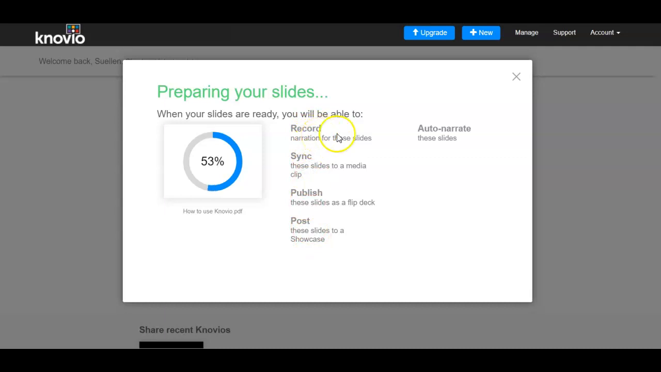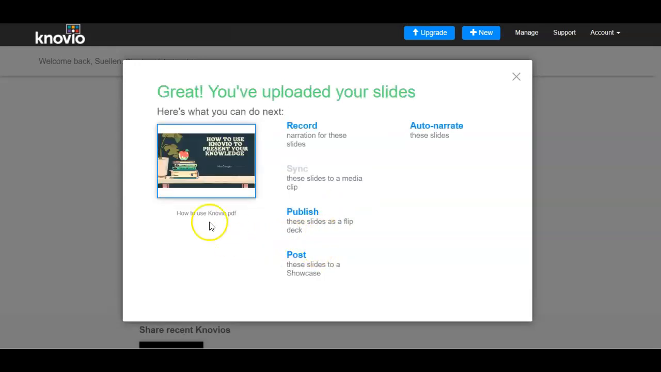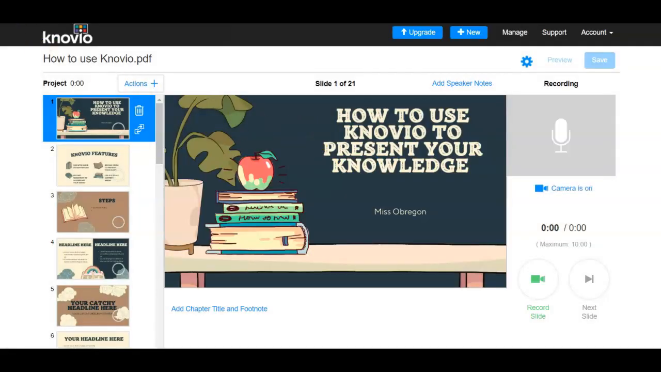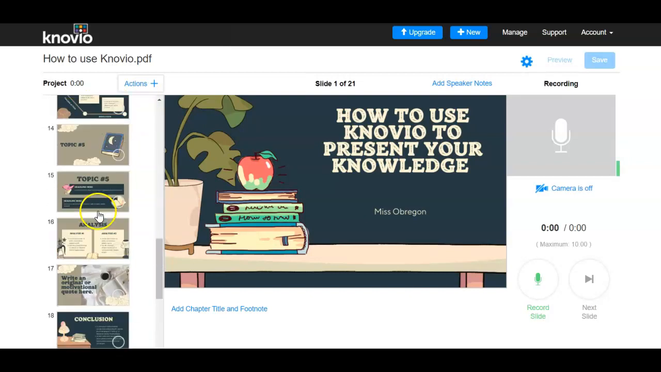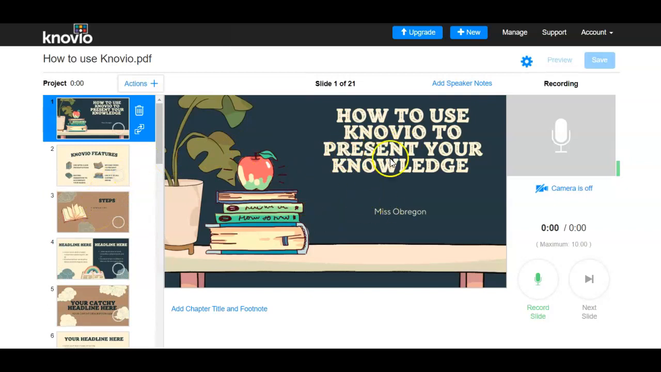You can record each slide. You can also do an auto narration with these slides. You'll be able to publish these slides or post these slides to a showcase. And here you can see that my slides are uploaded. Once they have been uploaded, you're going to click the record option. As you can see here, it has uploaded all my slides from my presentation, and it's showing me my home